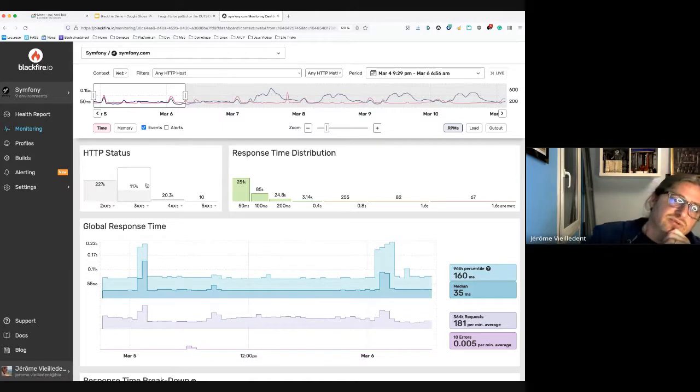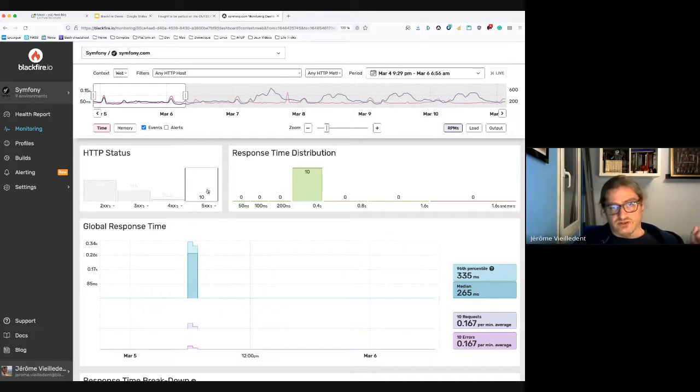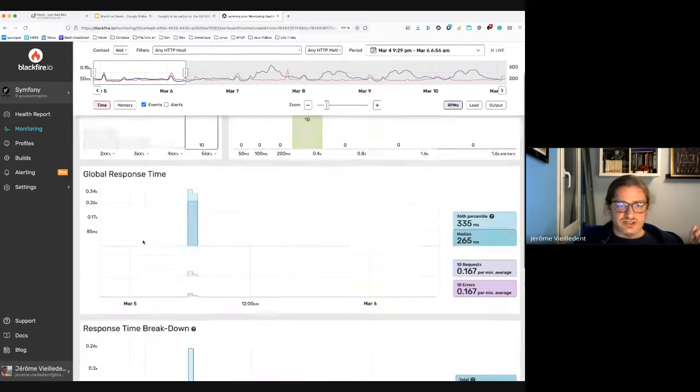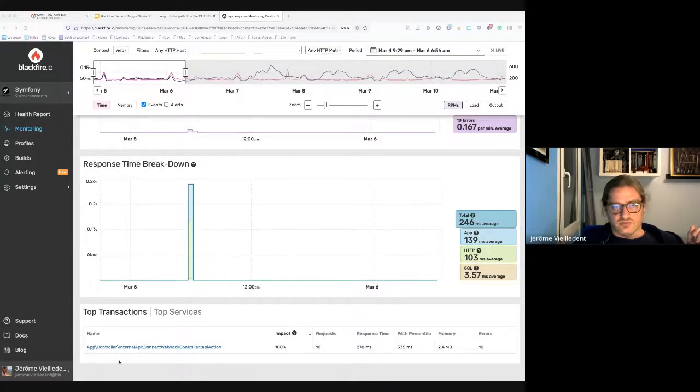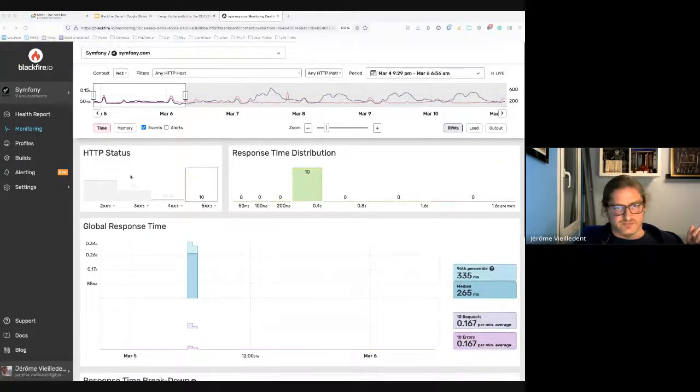We also have filters about HTTP status. So especially if you want to filter out all the 500s errors, you won't have full details on the errors, but usually when you have 500s, you want to have a look into it. I can filter it, and it filters everything, including the transactions themselves.